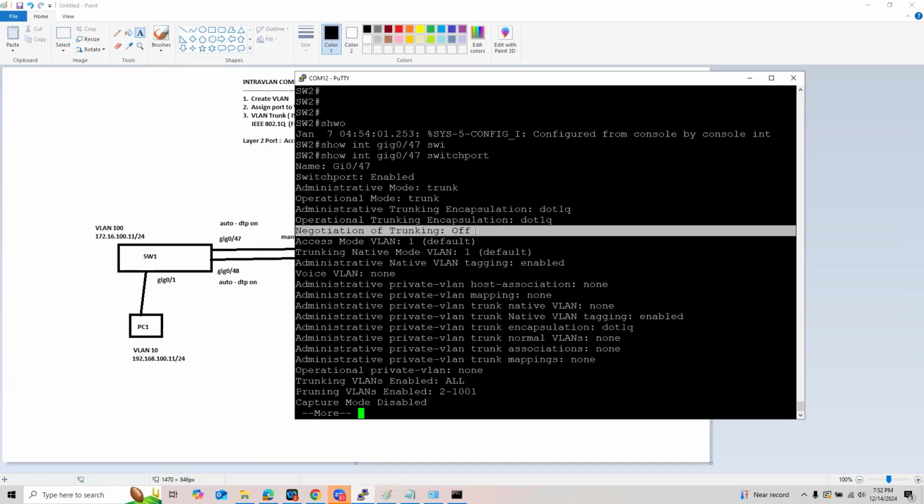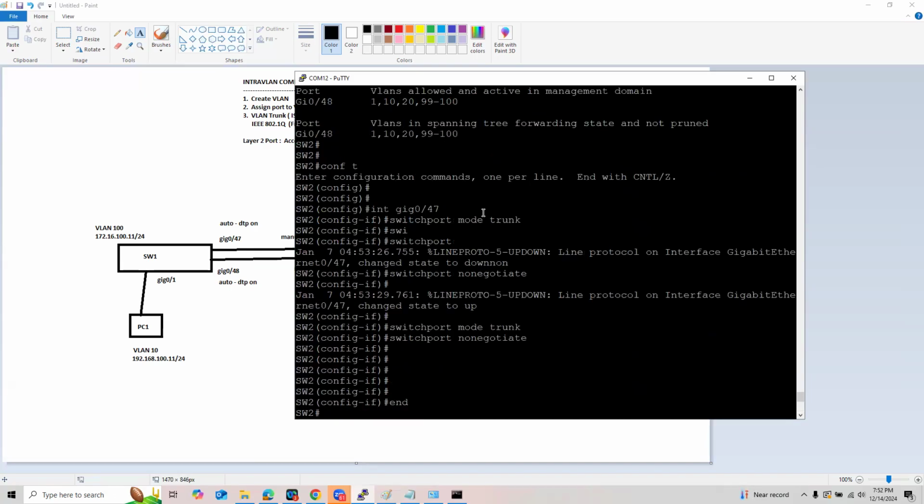This is the effect of the command switchport nonegotiate. It disables DTP, because if you manually make a port a trunk, there's no need for DTP. You simply force that port to become a trunk, meaning you are not relying on DTP to make the port a trunk. That's the switchport mode trunk there.